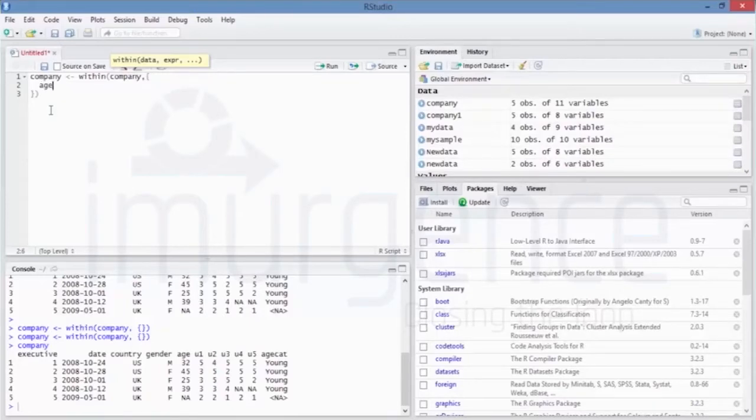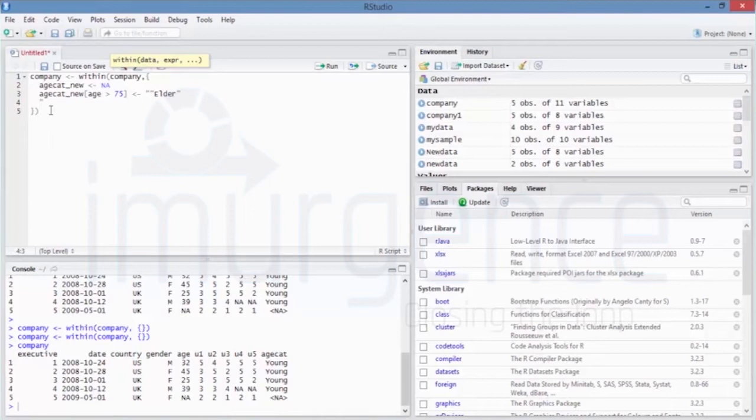So age cat, let's say this is new because we have already created one using the previous form, and I'm saying NA over here, age cat new, and in box bracket I'm saying if age is greater than 75, right, that's the condition. Then I'm saying put a value over there as elder,